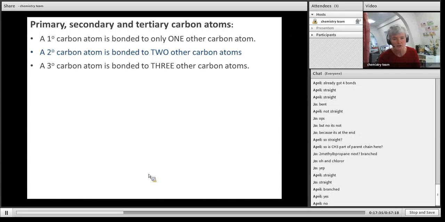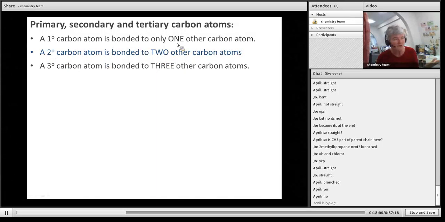Okay, so not clear. Primary carbon atom: it's attached to one other carbon atom, or possibly no other carbon atom, but it's up to 1 carbon atom. Secondary carbon atom is attached to 2, and tertiary is attached to 3. I think it's fairly clear: 1, 2, 3. Primary, secondary 2, tertiary 3. Okay, so that would be an example of a primary